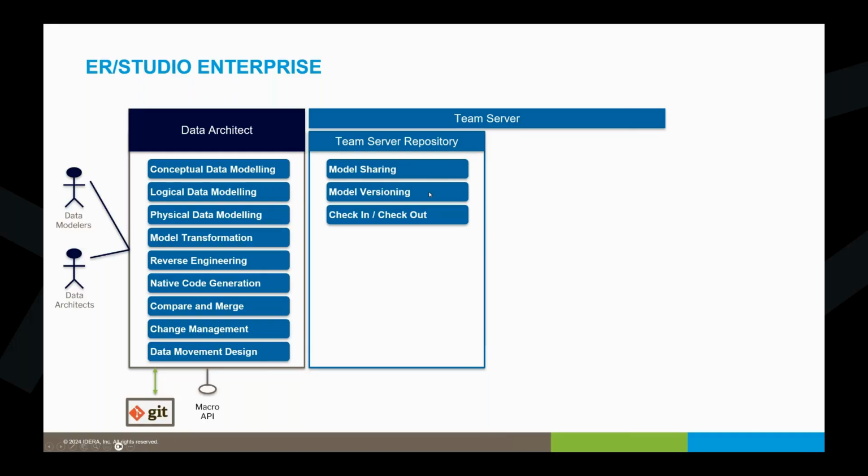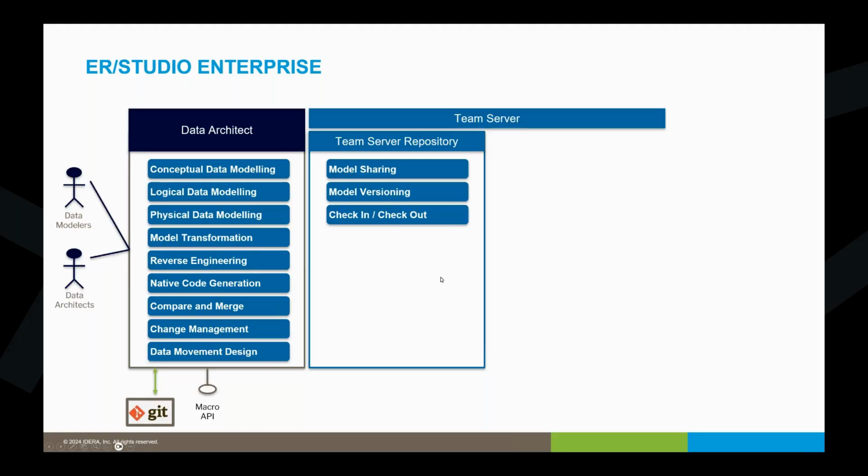It does this through model sharing and object sharing, model versioning, and through a check-in and check-out process. Because that repository database is live and getting updated with the changes your modelers and architects are making in Data Architect,